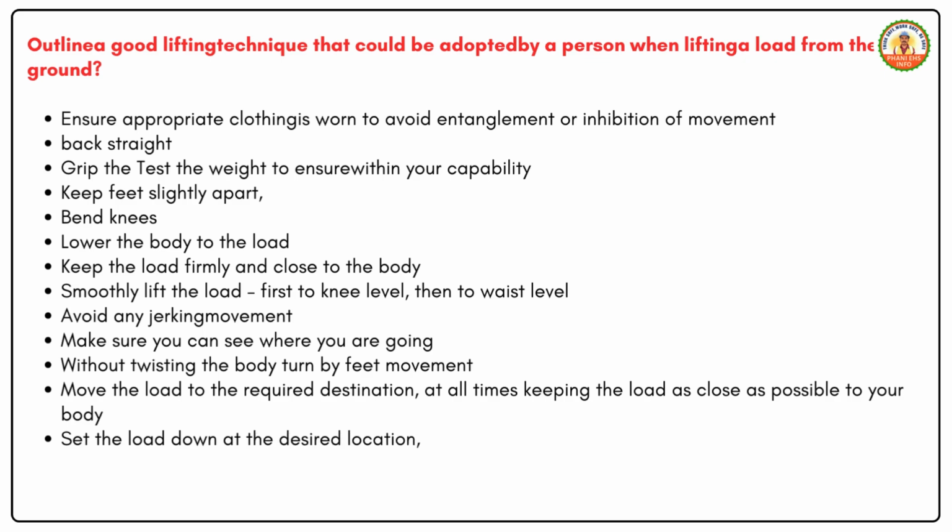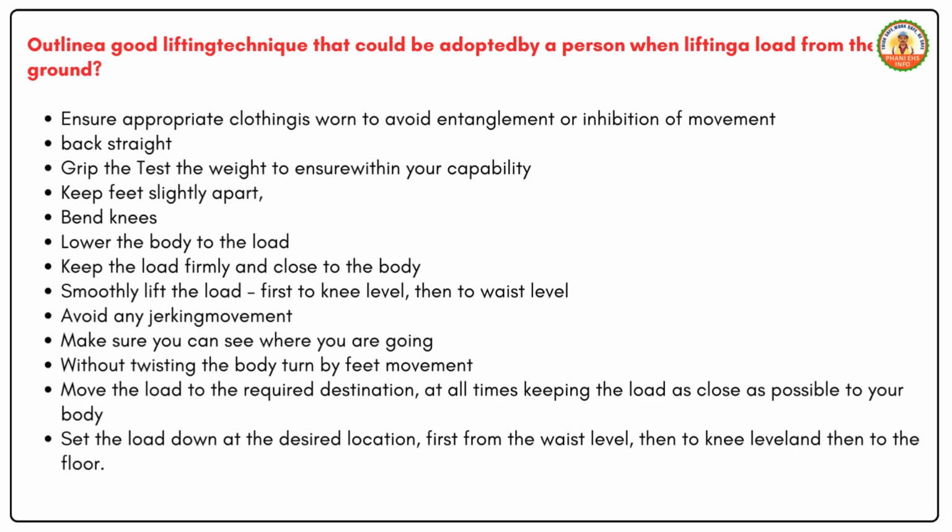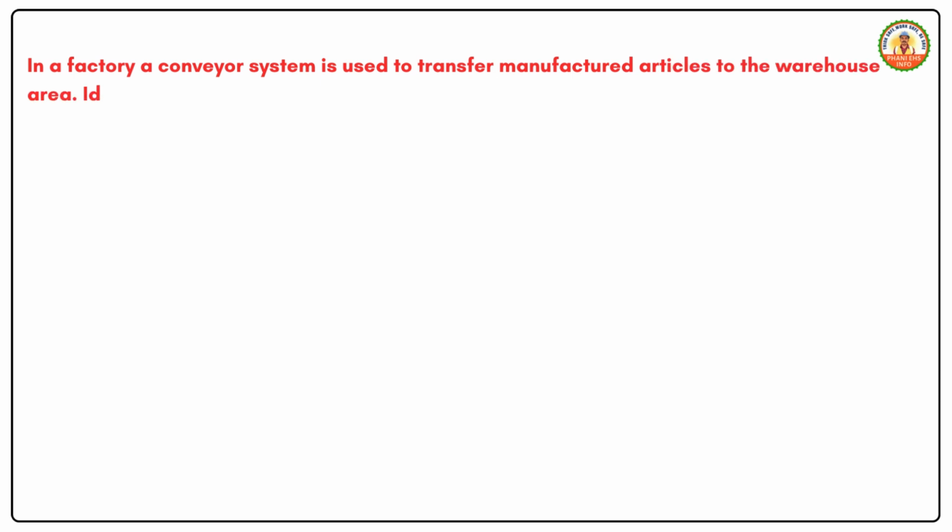Set the load down at the desired location, first from the waist level, then to knee level and then to the floor. In a factory, a conveyor system is used to transfer manufactured articles to the warehouse area. Identify the control measures to be taken to reduce the risk of injury to workers from the